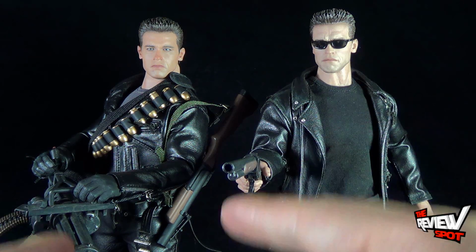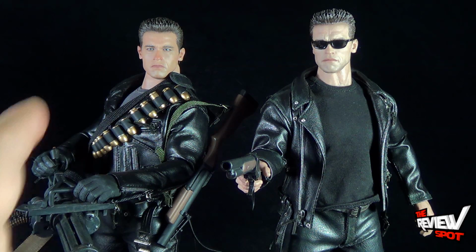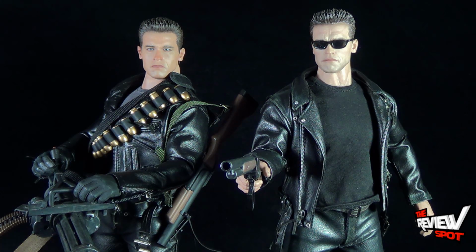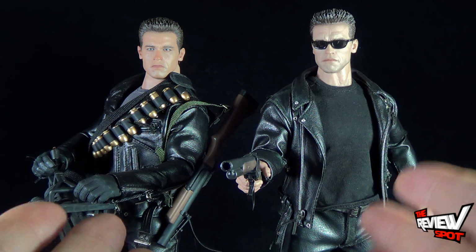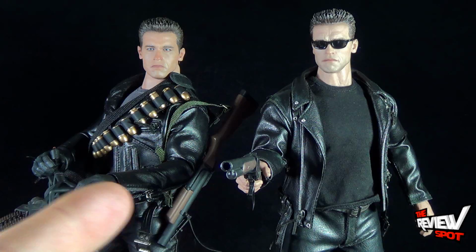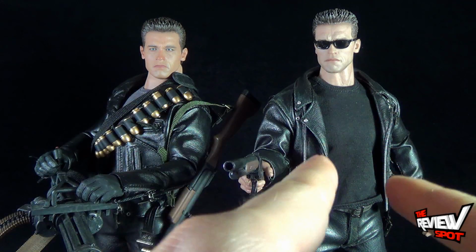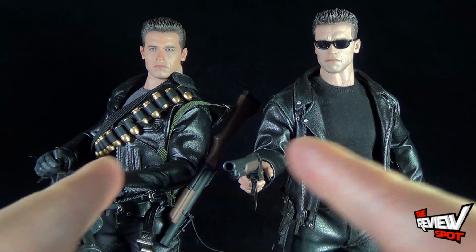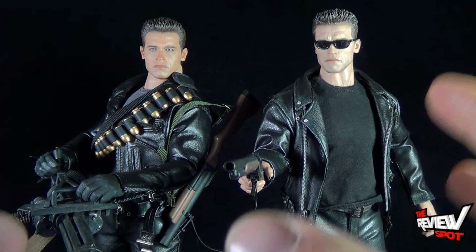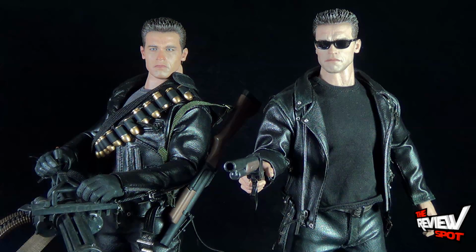DX10 is all the more reason to want to get this figure, because then you can have him displayed as he is near the end of the movie or when they're in their Cyberdyne system showdown. Again, the perfect argument to be why you would want to pick up both figures. Clearly, I think the likeness and sculpt is much better on the MMS 117, but I think there's enough valid reasons that you would want to get both figures, simply because you can display them in 2 crucial moments in